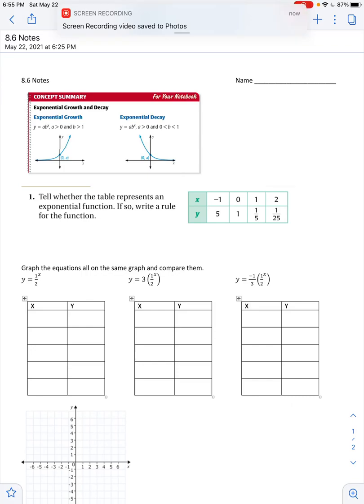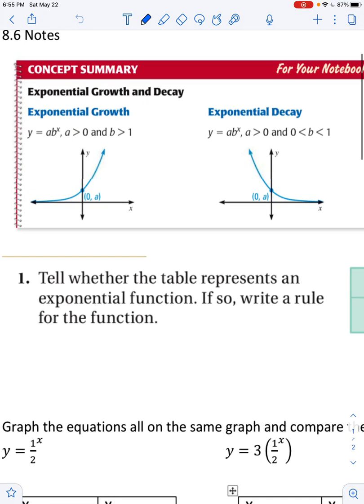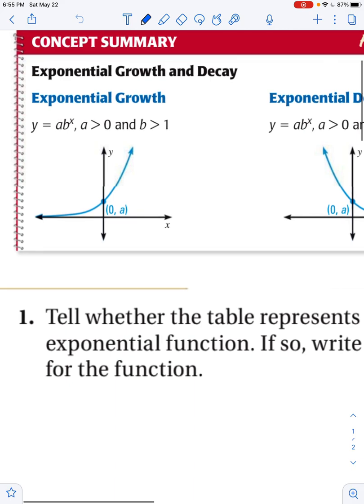All right, ladies and gentlemen, it is officially the end of chapter 8 with your 8-6 notes. So let's take a look at that. It's very similar to what we did yesterday. What we talked about yesterday was exponential functions: y equals a times b to the x power, where a could not be 0 and b couldn't be 1. Today we're going to go a little bit more in depth, and we're going to look